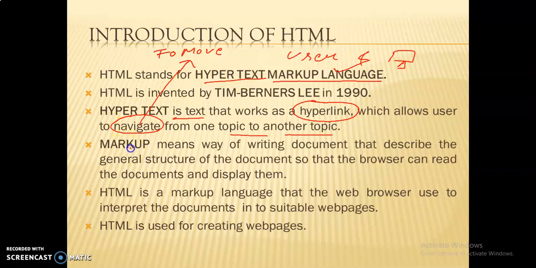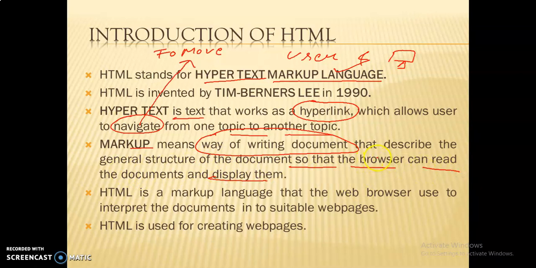Now what is the meaning of markup? Markup means the way of writing a document. In HTML we use tags, different types of tags, for writing our document that describe the general structure of the document so that the browser can read the document and display it.